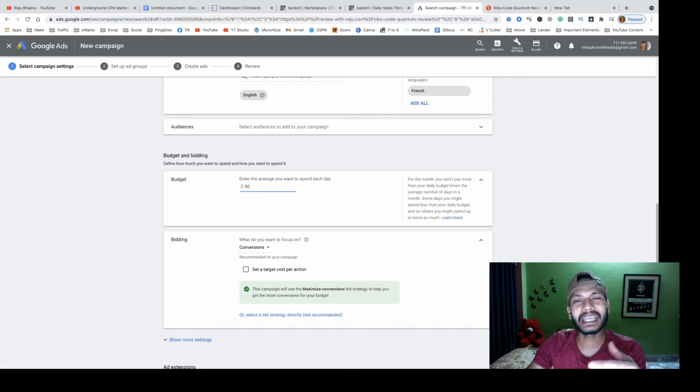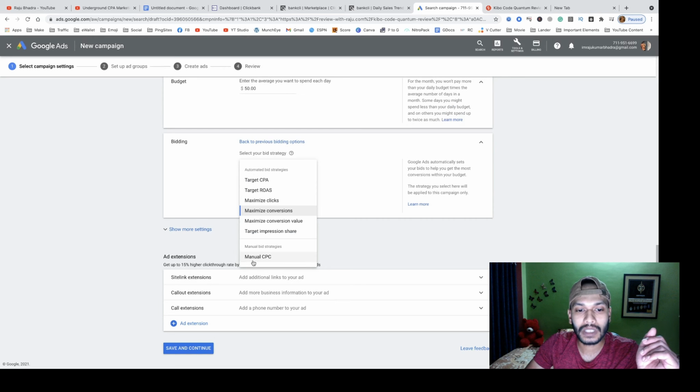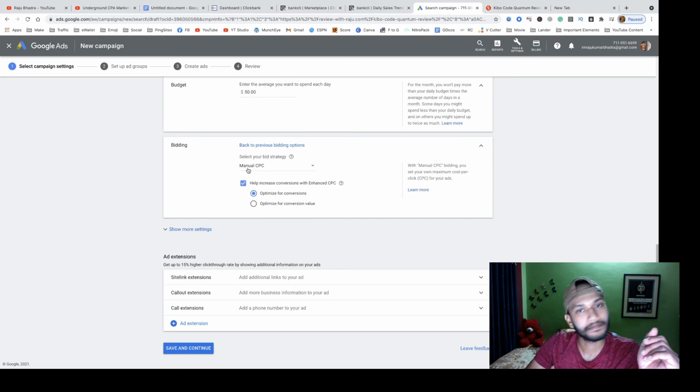You can increase your budget anytime, it doesn't matter. Now click the bidding, select the bidding strategy, and choose manual CPC. Then continue.